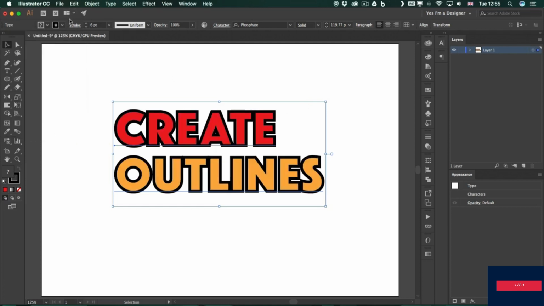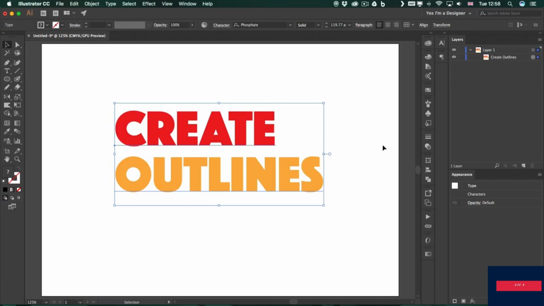Instead of applying the stroke from up here, I would recommend to do it in a different way. So I'm going to actually set this back to none. Remember our good friend, the appearance panel. That's the key here. That's where we need to go. And notice that I have two different colors in this text object. So we have red on create and orange on outlines. That's again something that we will have to sacrifice for the greater good,